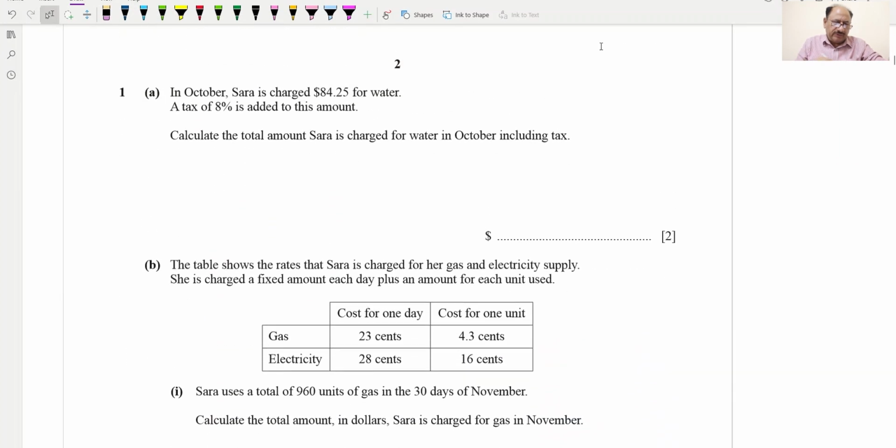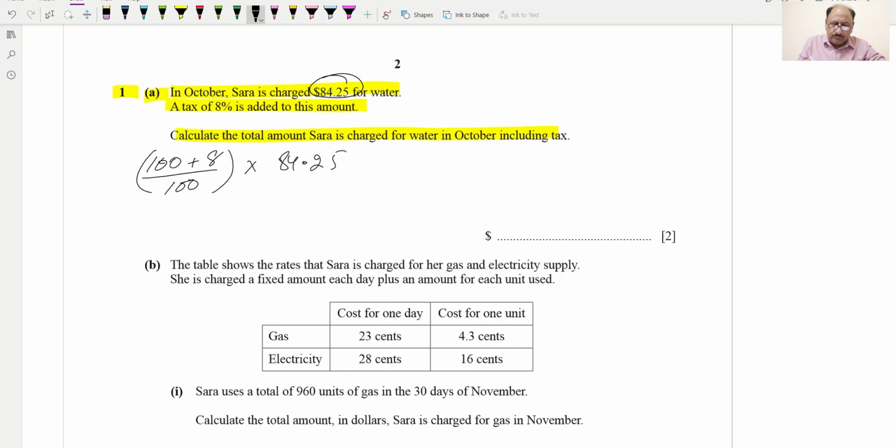Question number 1, part A says, in October Sarah is charged 84.25 pounds for water. A tax of 8% is added to this amount. Calculate the total amount Sarah is charged for water in October including tax. So we need to increase this amount by 8%. So for an 8% increase we add 8 to 100 and divide by 100. This is how we are increasing by 8%, and the amount is